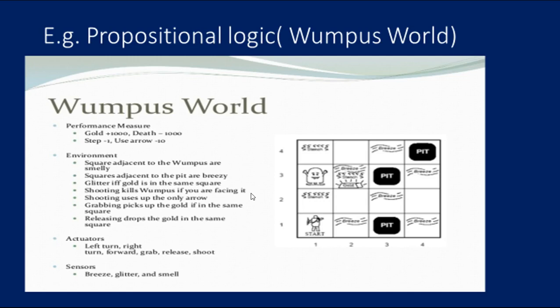The cave has a room with a beast called the Wumpus, who eats anyone who enters the room. The Wumpus can be shot by the agent, but the agent has a single arrow. In the Wumpus world, there are some pit rooms which are bottomless, and if the agent falls in a pit, then he will be stuck there forever.